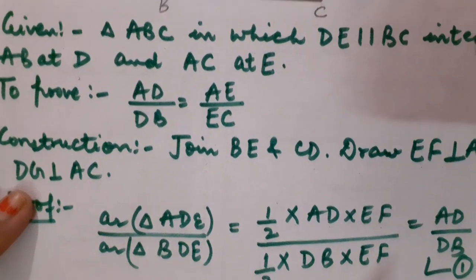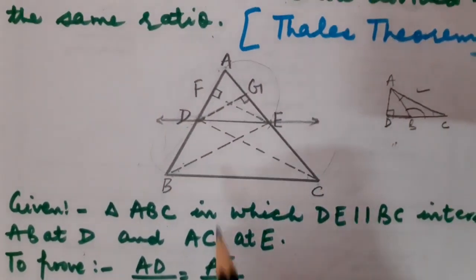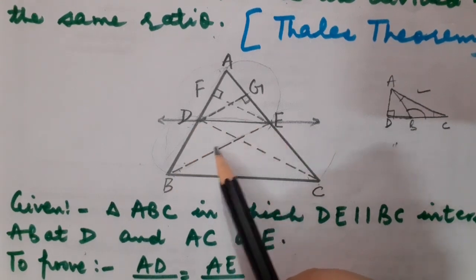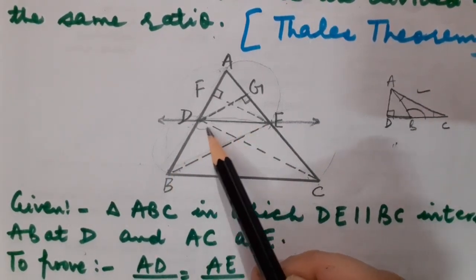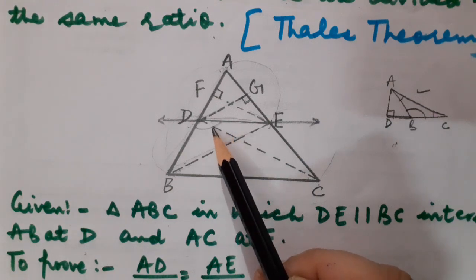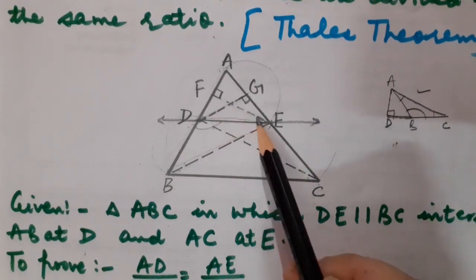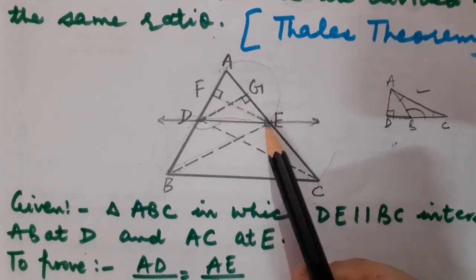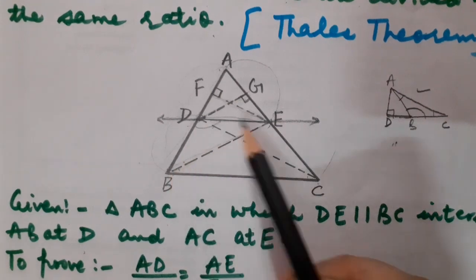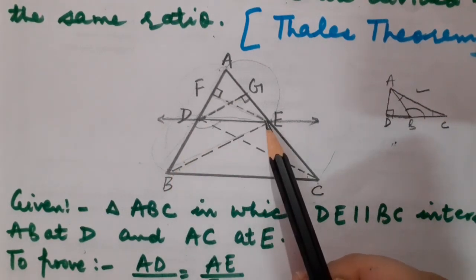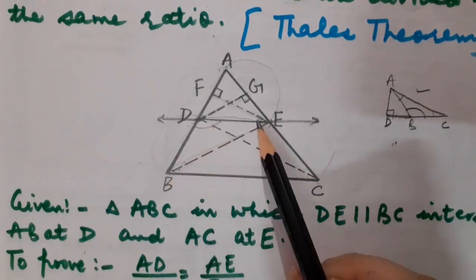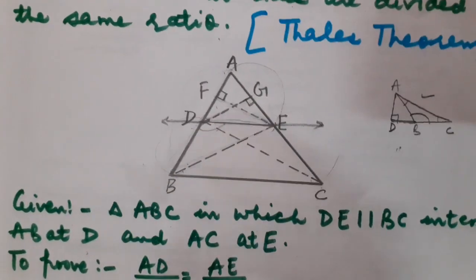Now I am going to take this triangle, please have a look, triangle BDE. What kind of triangle is this? This is an obtuse angled triangle. I told you in an obtuse angled triangle, the altitude is outside the triangle. So here again EF will be the altitude for triangle BDE, which is an obtuse angled triangle. In that case BD will be the base and of course EF will be the altitude.